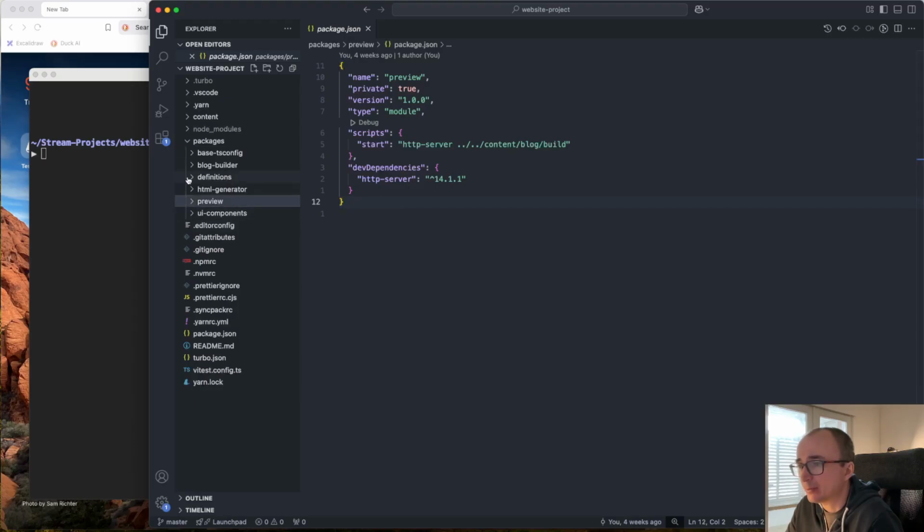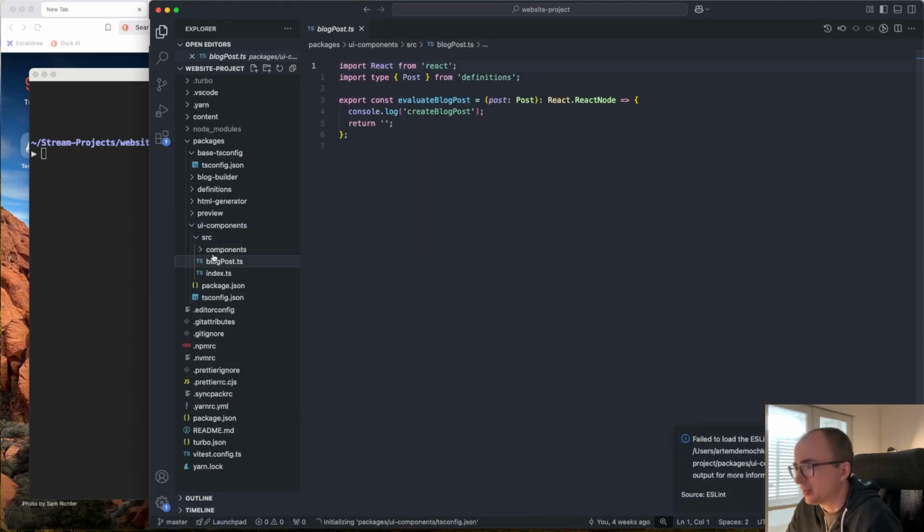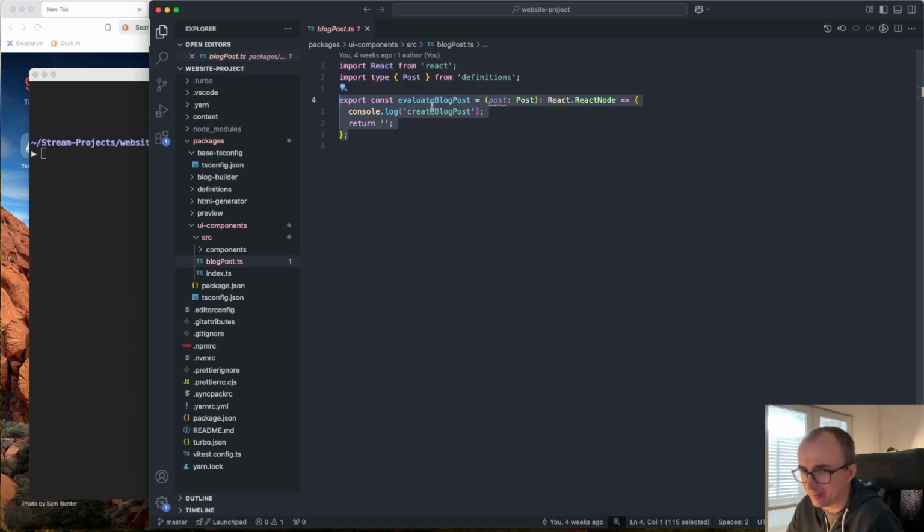And we also have here some base tsconfig, maybe UI components. I'm not sure I have much here. Right, UI components is something very, very simple, even without any logic. So basically I have here some building blocks, and we'll need to see if we will be able to make sense out of it. But first of all, this